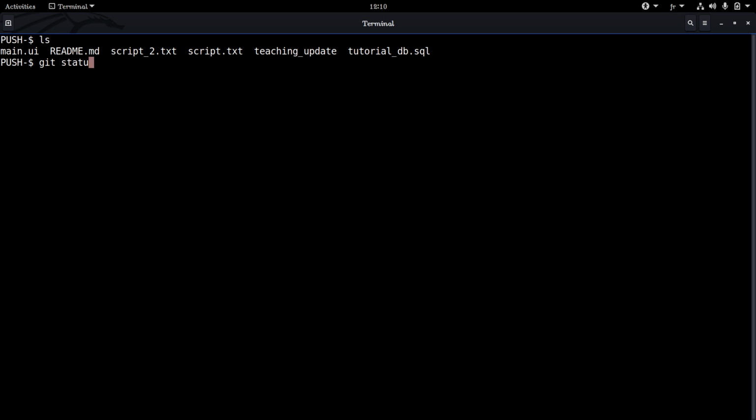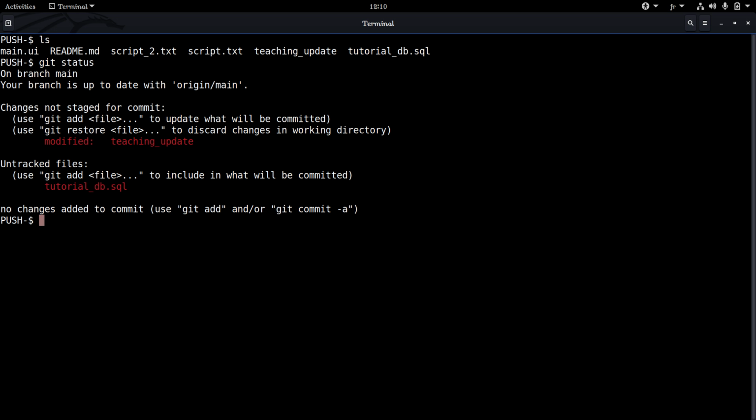So we can do git status, git add, git commit, last changes,